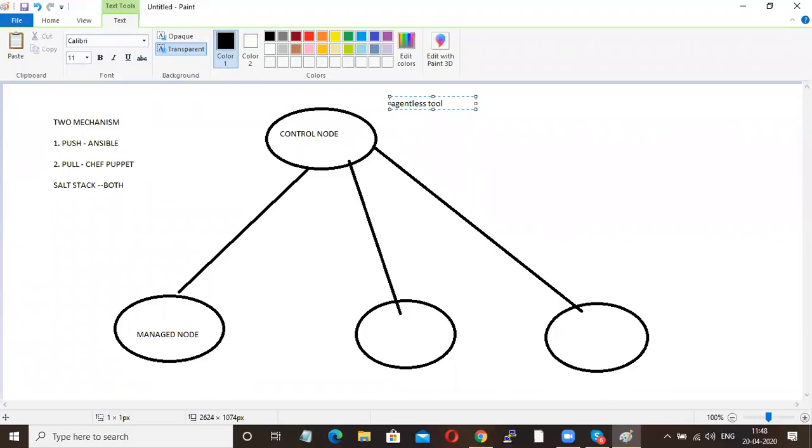If you install Ansible only in the control machine, that is fine. It is not mandatory that you have to install Ansible in the managed node machine. But all these machines require Python. Clear with this? Fine.